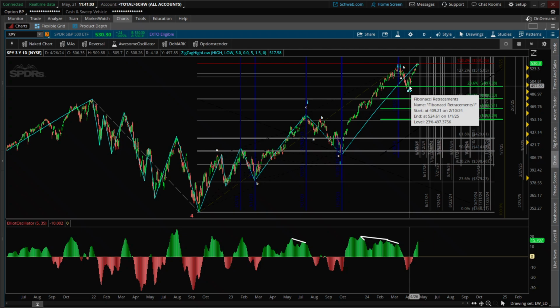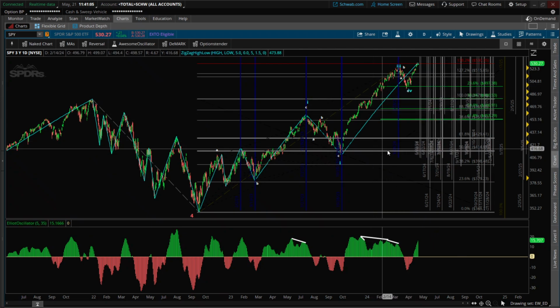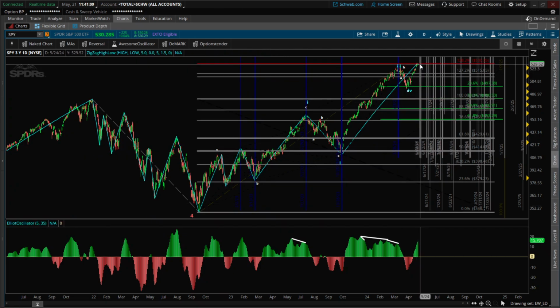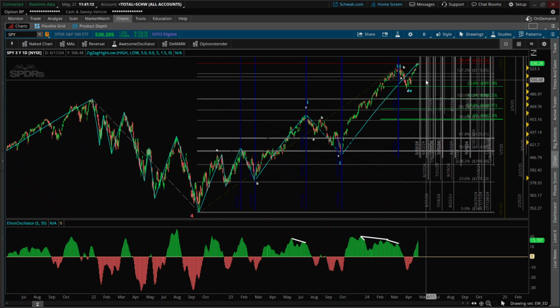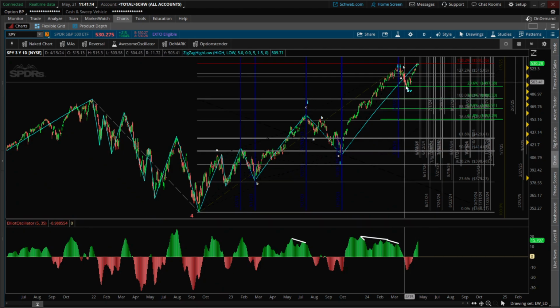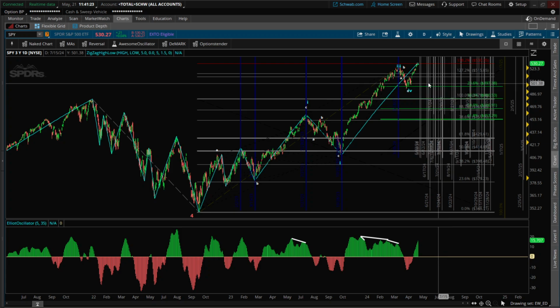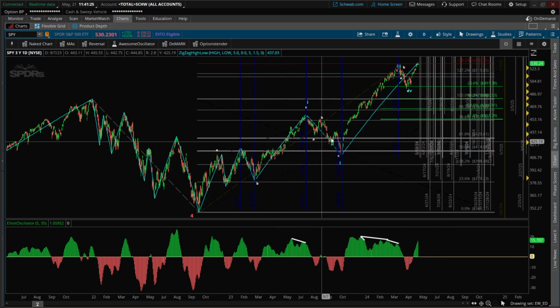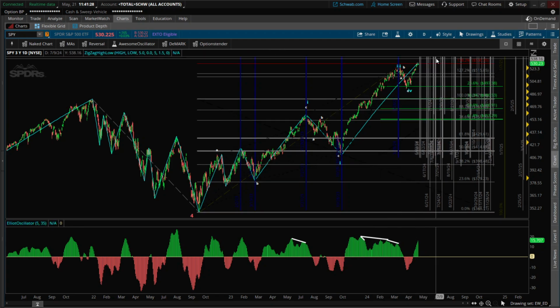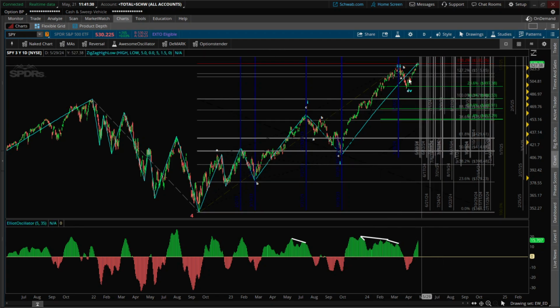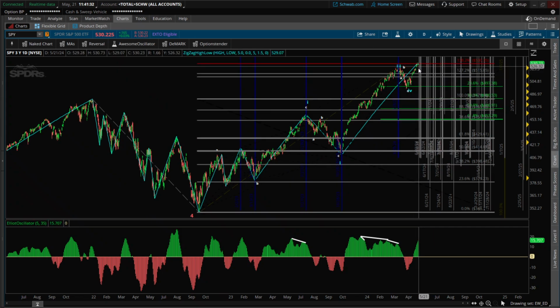4 is already ended. And some would say that this could be an A, B expanded flat and corrects further, and that's still a possibility. But I'm kind of guessing that the wave 4 is in at the 23.6 on this green, a shallow retracement, because it's such a powerful move and we're looking for more upside. Now, it doesn't mean that we're not going to correct, but I think that correction would be a little bit